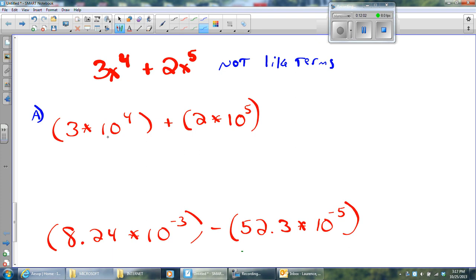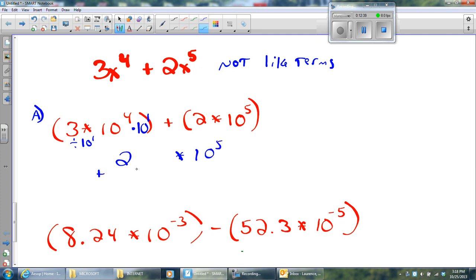We've got a 10 to the fourth, and we've got a 10 to the fifth. But I can manipulate one of these numbers so that it looks like a like term with the other one, and I won't change its value, and therefore I'll be able to add it together. Remember, I advise you to always change the smaller of the two exponents. So I want this to turn into a 5, so I'm going to multiply by a 10 to the first. But if I multiply by 10 to the first, I've changed the number, so I'm going to divide the decimal part of it, or the coefficient part, by 10 to the first. And so I'm going to get 2 times 10 to the fifth